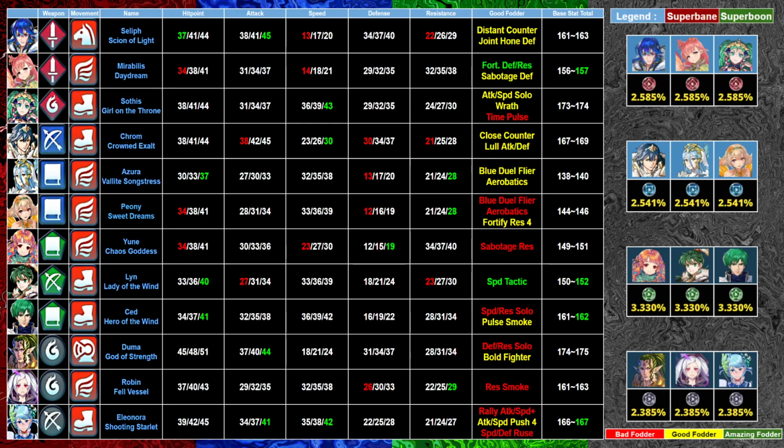Other than that, it's pretty good to deal with infantry pulse teams, but that's really it. It's an AR exclusive skill, in my opinion. Outside of AR, it is not as great. As for colorless, you have Wheelchair Duma, you have Grima, which...